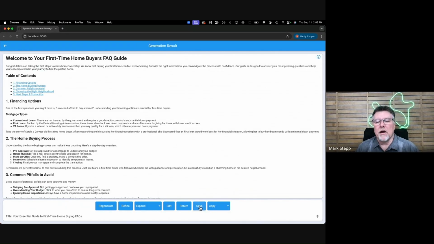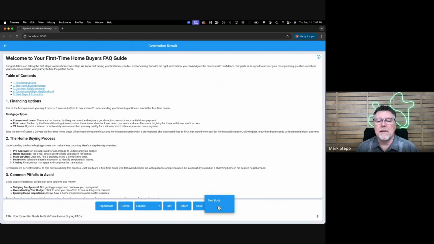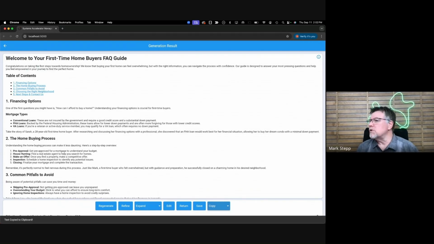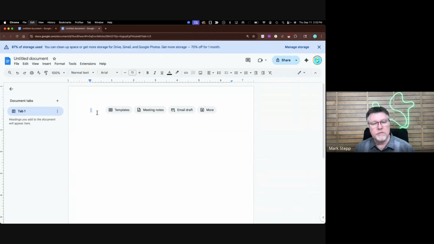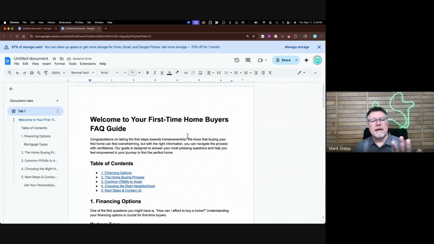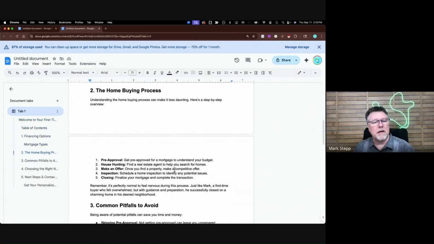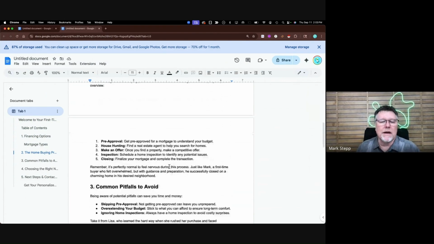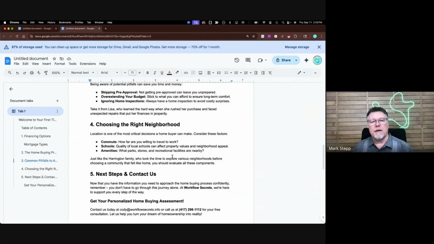So from here, I can save this. It'll save it. If I want to copy it, I can copy the text body on this. I could then go into Google Docs, and then I can just come here and say Control V, and then it pastes it in. I can then pretty it up. I can do other things with it that I want to do. Or if I put it into Canva, let Canva organize it into certain ways. So all of this can be done very, very easily.